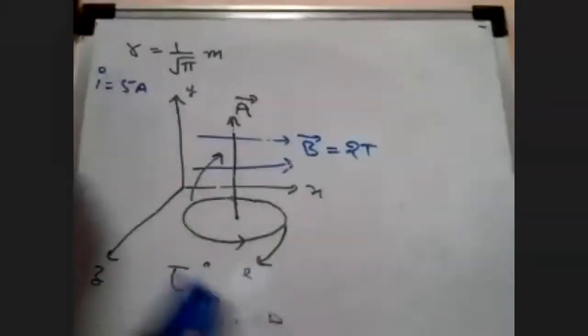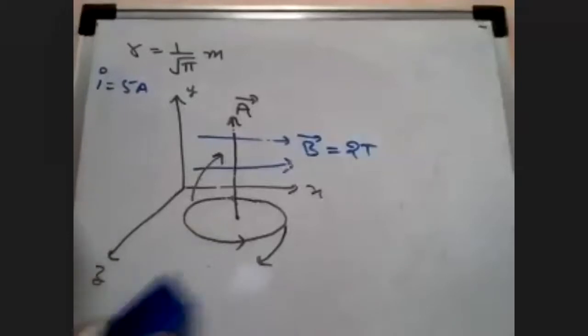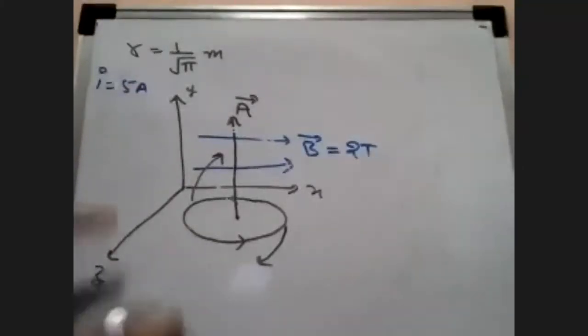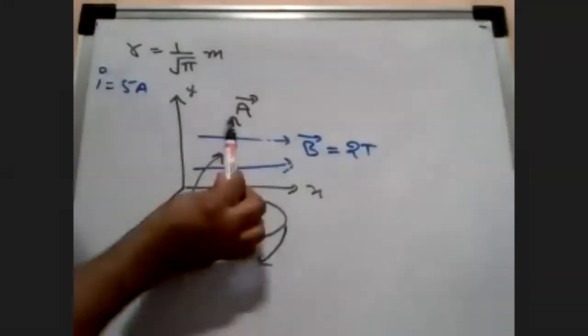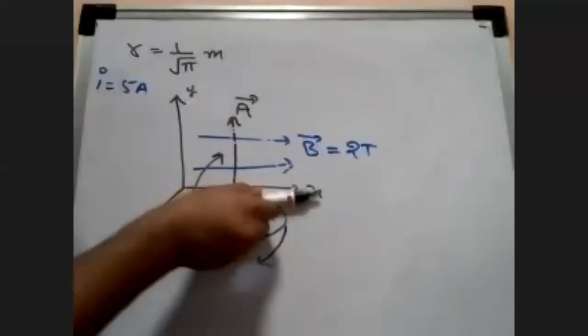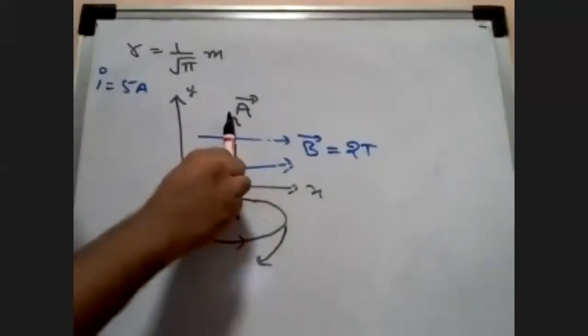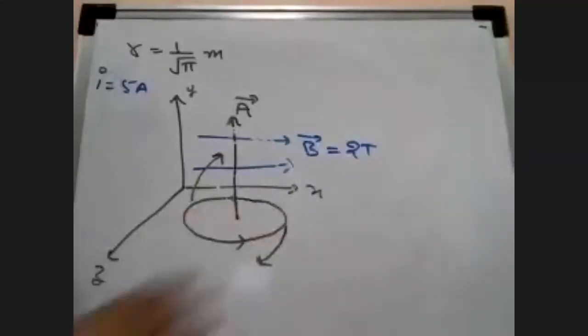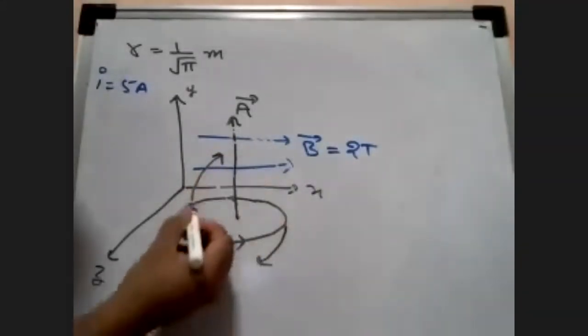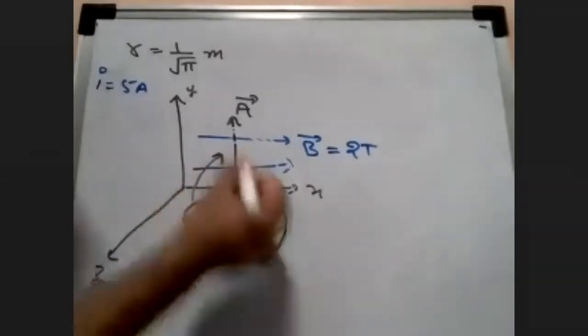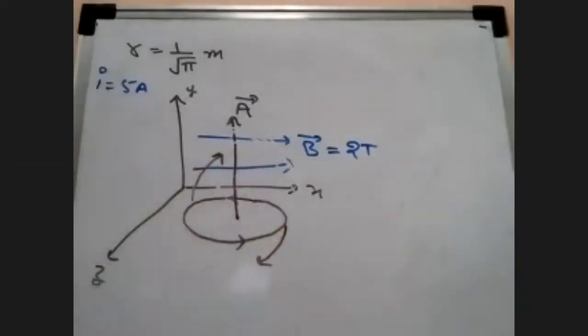Can you understand what I'm saying? Because the area vector is here and the magnetic field is here, the torque A cross B will move this coil. This point will come upwards, this point will come downwards. That's as easy as it gets. So now you know the direction of the torque. Now find the magnitude of the torque, which is very easy.